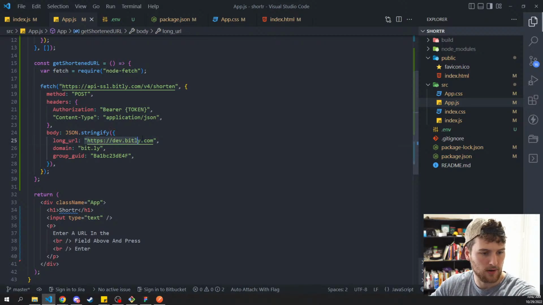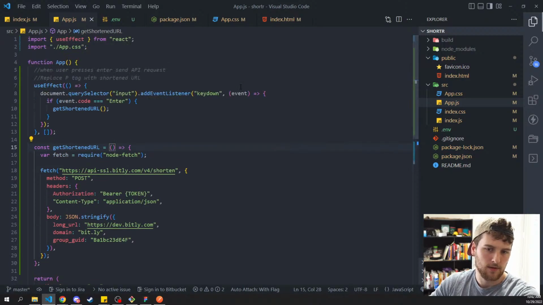Stringify long URL. So this is going to be a variable. So we need to grab, this is also not,